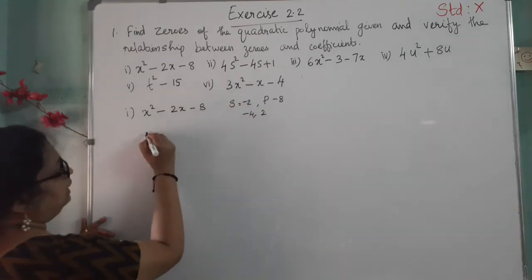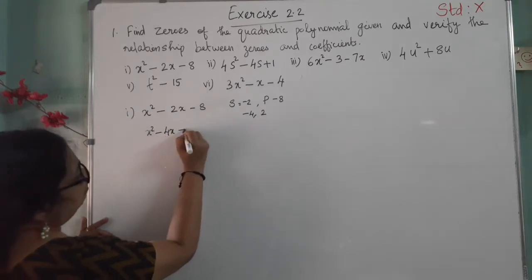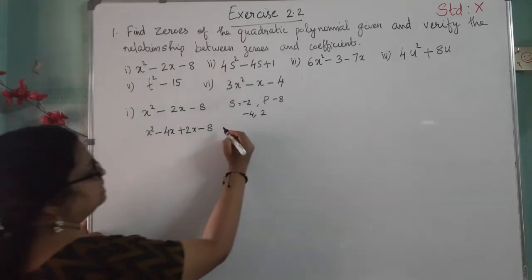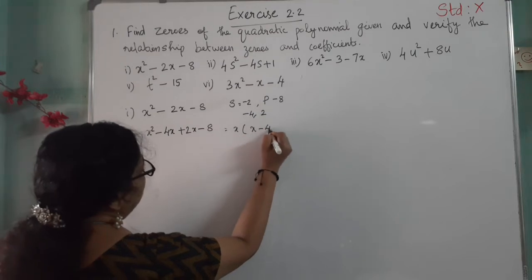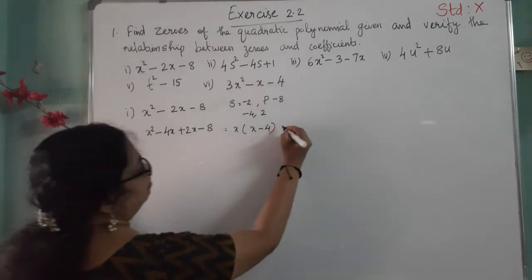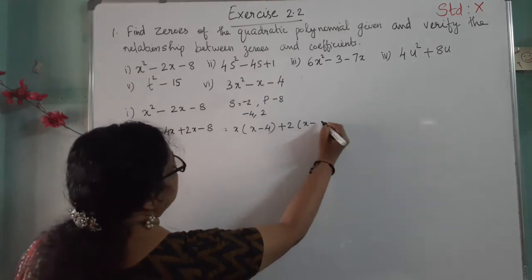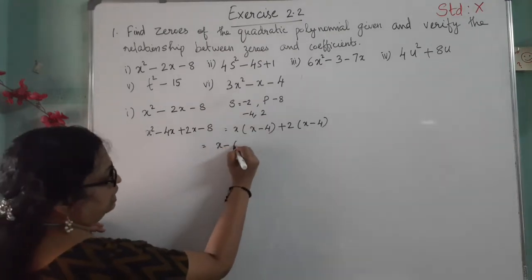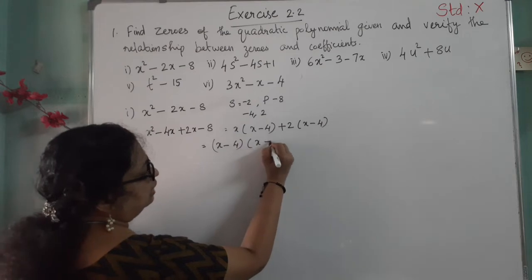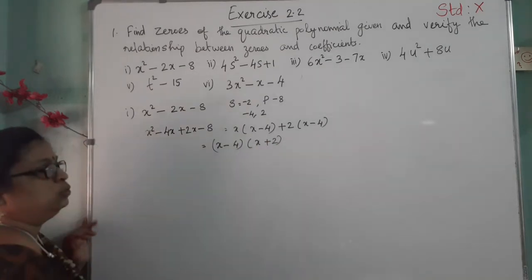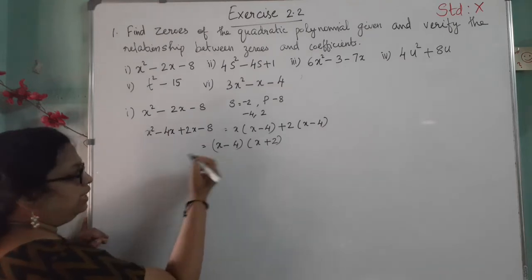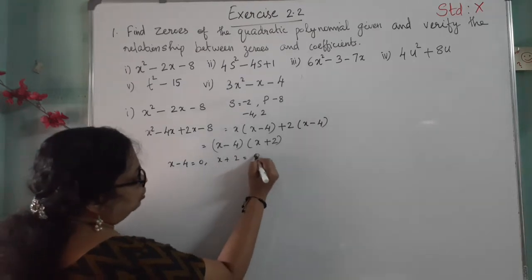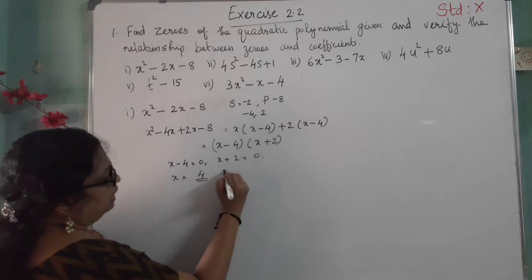So we can split the middle term: x square minus 4x plus 2x minus 8. In x square minus 4x, which one is common? x is common. So x into x minus 4. Then here 2x minus 8, 2 is common, 2 into x minus 4. Then x into x minus 4 plus 2 into x minus 4. So again we can take x minus 4 common, into x plus 2. x minus 4 and x plus 2 are the factors. So we can find the x values, that is x minus 4 equal to 0 and x plus 2 equal to 0. So x equal to 4, and x equal to